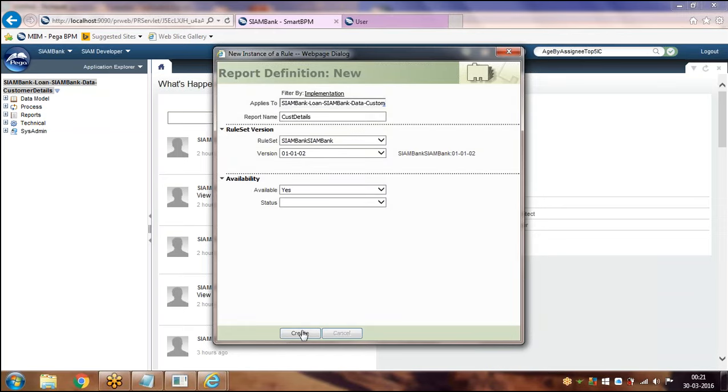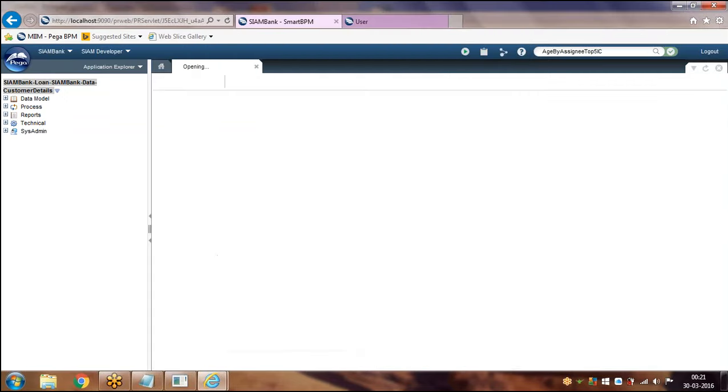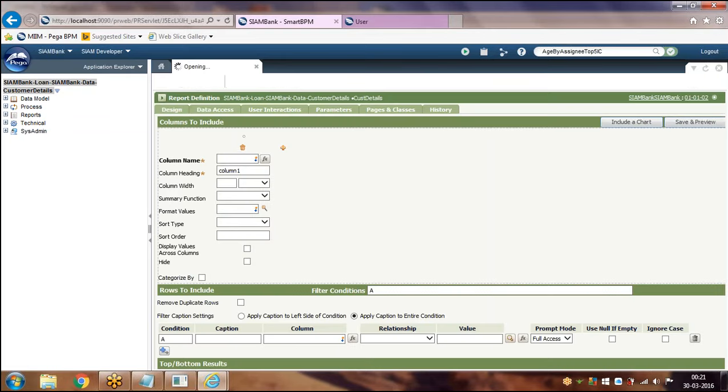Click on create. See here you have to provide the display fields. Just mention the display fields.